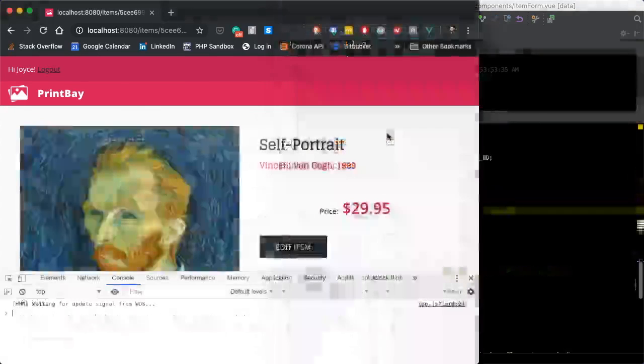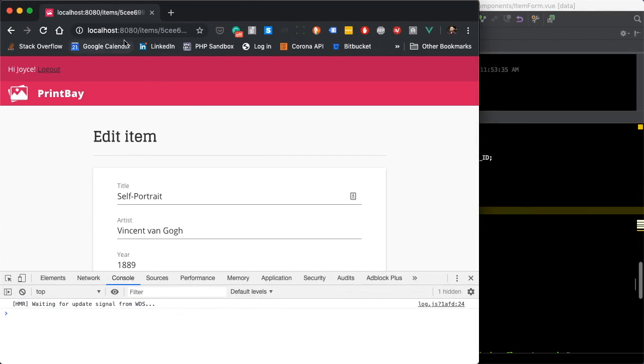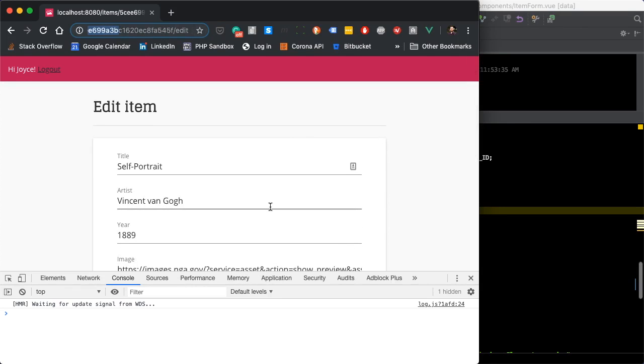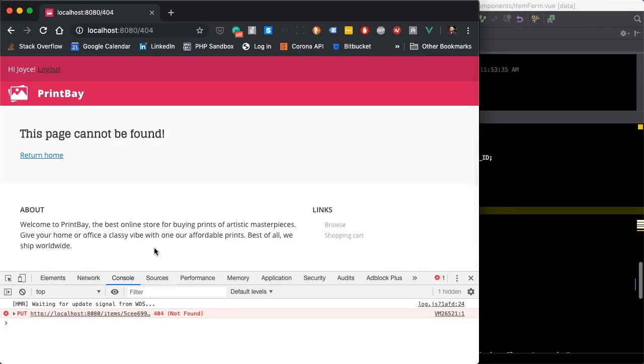Coming to the browser now, if we go to an item and click edit, we're in the sell view, but if you look at the route, we've actually got the ID and edit up there, and the form's been pre-filled, so it looks like we're in business. If I change a value though, and then click save, you'll see that we end up on the 404 page. Looking at the console though, we can see why. You can see it's making a PUT call to our server. However, our item update endpoint actually requires a PATCH call, not a PUT, so we're going to have to fix